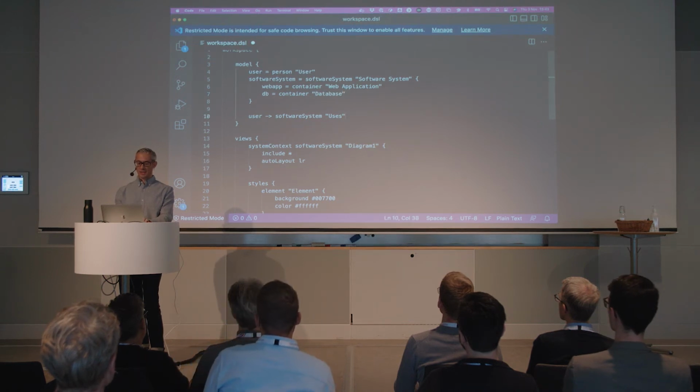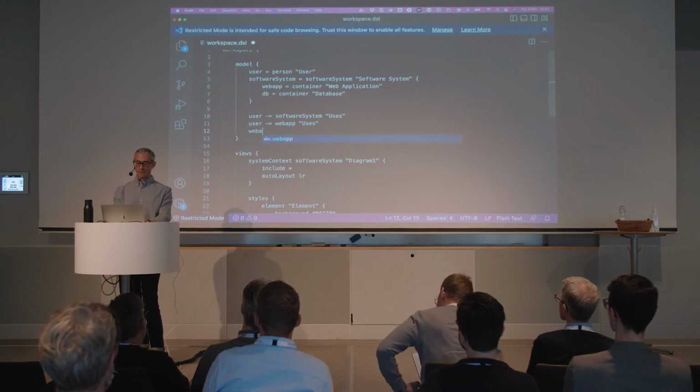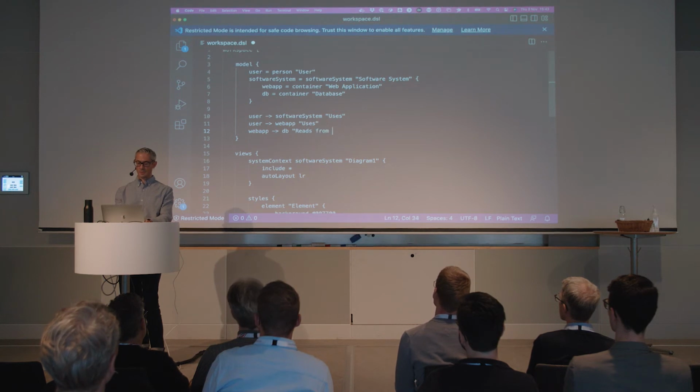And we're going to say that the user has a link to the web app, uses, and the web app has a link to the database, reads from and writes to.